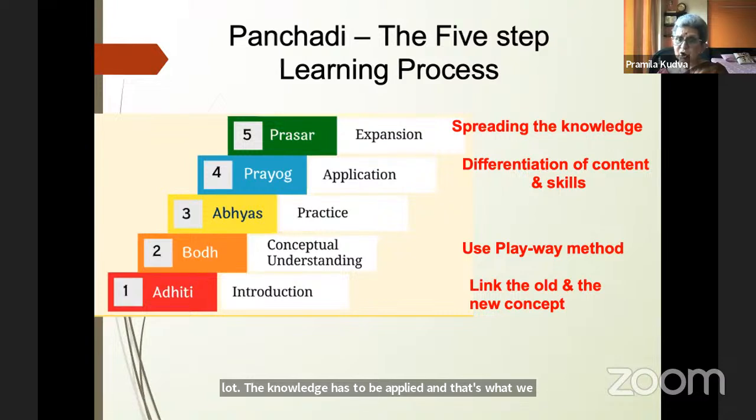Now, differentiation of content and skills. One rule cannot be applied to all, but that's what we try to do. There was a cartoon which had dogs, fish, elephant, monkey, and some other animals. And the teacher sits there and says, the one who climbs the tree first is the winner. That's what we are also trying to do today. We have one rule and we expect everybody to do well.